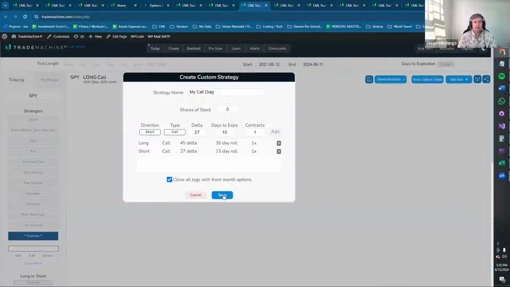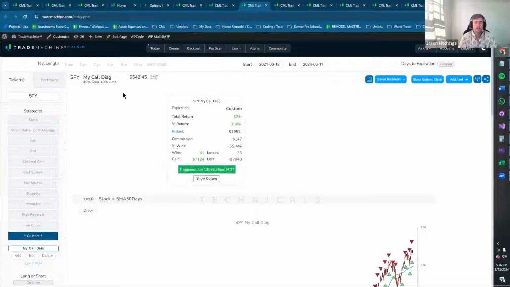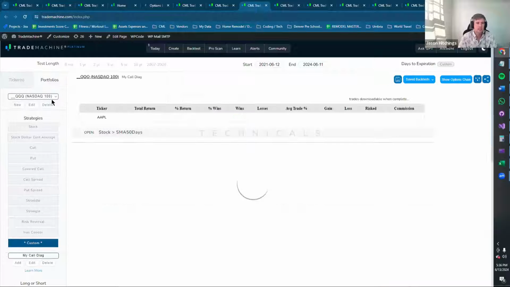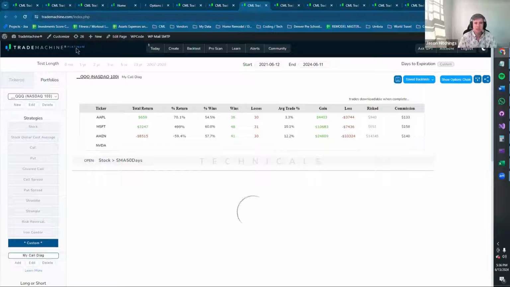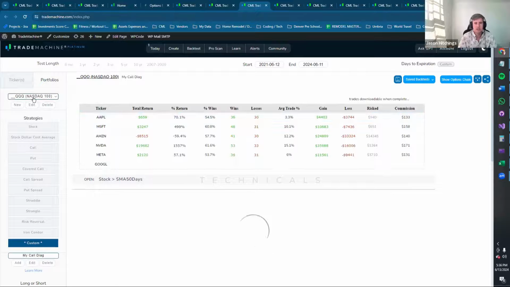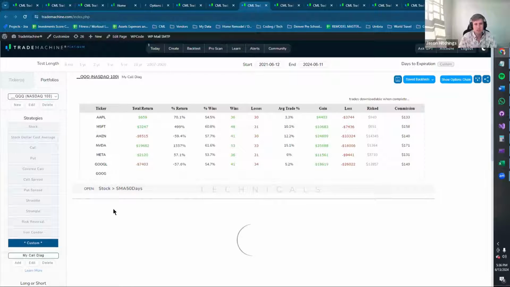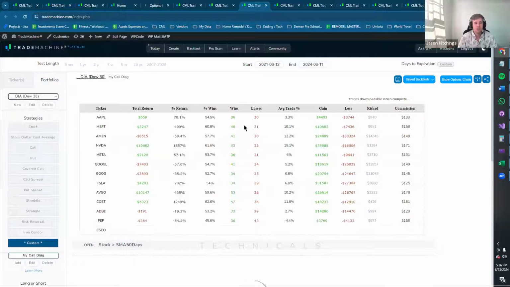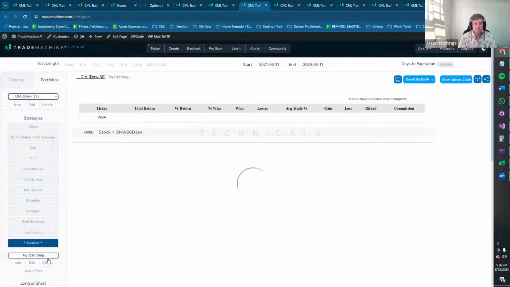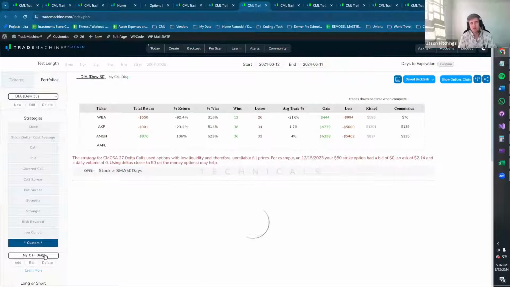So I'm going to click save. Okay, it seemed to work, 3.9% return. So it didn't do great on the SPY, but I'm not so interested in the SPY. How is it doing on the QQQ? For me, because I'm a platinum user, an annual user, I can test up to 200 tickers. So it would complete this entire backtest if I gave it some time. I'm going to jump over to the Dow 30 because I want to show you an example, using my own custom strategy.